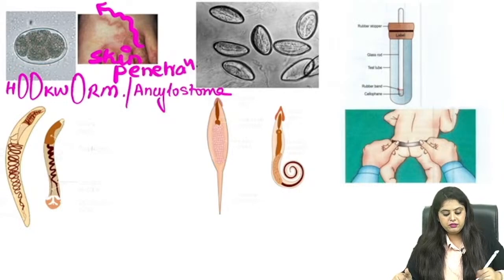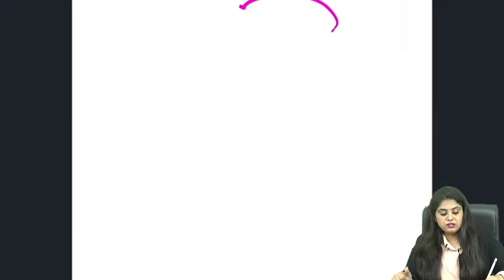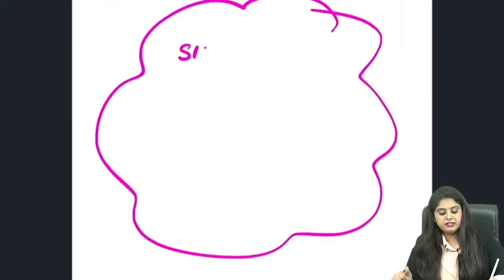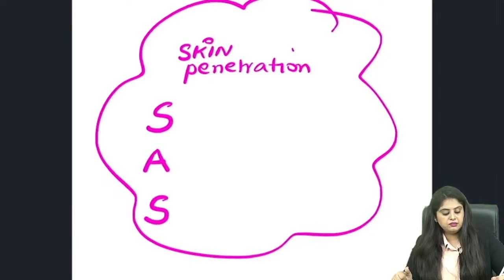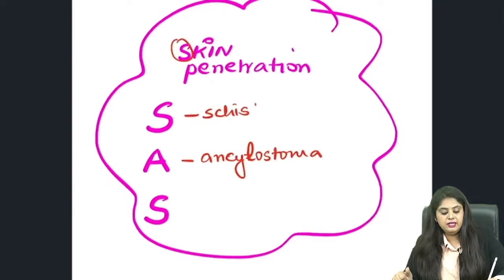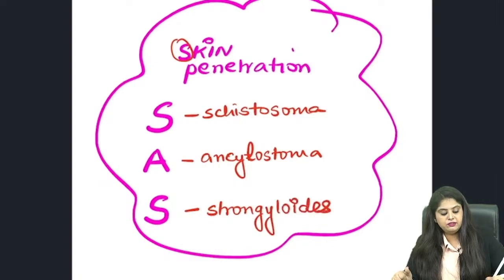So now before I proceed forward, all of you, the last year's question is what you will answer for me. Which are the parasites which are going to show you skin penetration? Can you tell me those parasites? So one right now you told was ankylostoma. Another parasite which loves the word S is always schistosoma. Ankylostoma, schistosoma and strongyloides, these are the ones which are going to show you skin penetration. Very, very important.